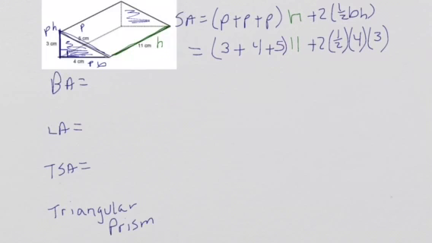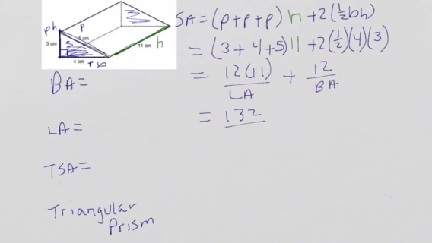Now I'm going to go ahead and add together the three numbers that are inside the parentheses. So this is going to be 12 times 11, which is going to give us our lateral area, plus 2 times a half, which is 1, 1 times 4 times 3 is going to give us 12, and that's going to be our base area. When I multiply 12 times 11, I get 132. That is our lateral area, plus 12, which is our base area,